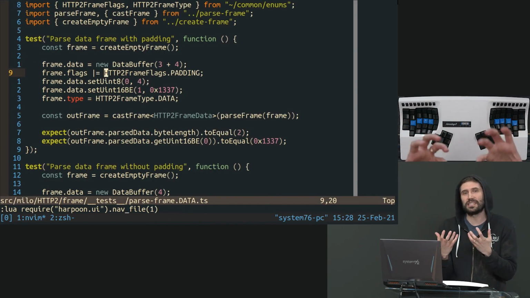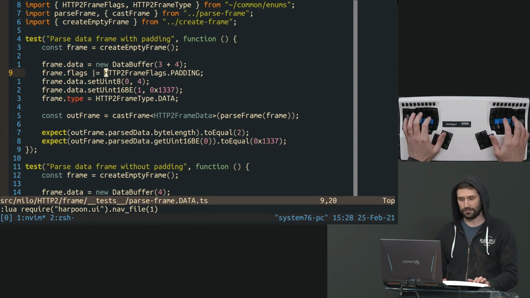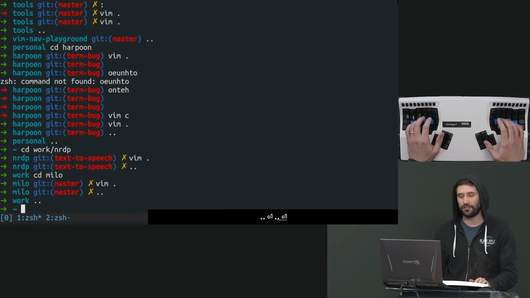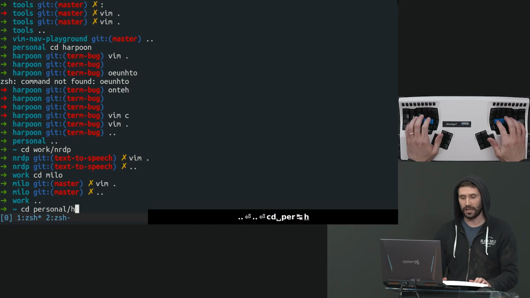And so that's what I think is the ideal way of working in general with Vim: trying to get to that point where everything's one click away. Even the files you're working on are one click away. And so